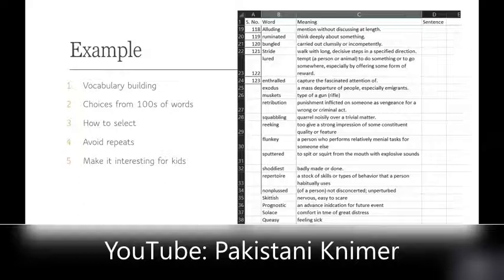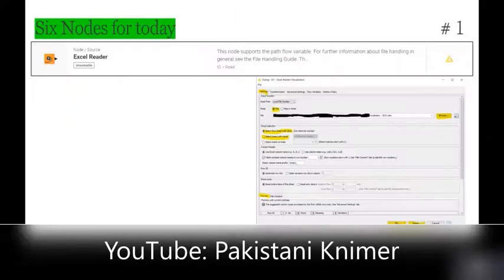So what we will be doing here is developing a workflow in which we will be using 6 nodes. The main one would be partitioning. However, we will also be utilizing other nodes like Excel Reader, Rank, Column Filter, Column Resorter, Column Rename, and our main node, partitioning. Going to the next slide.